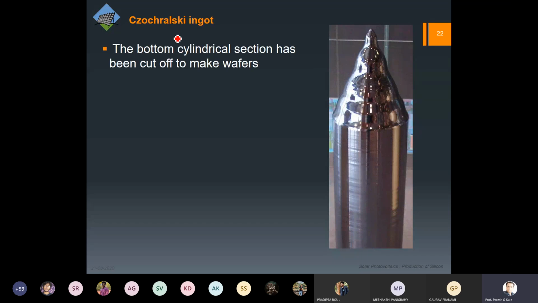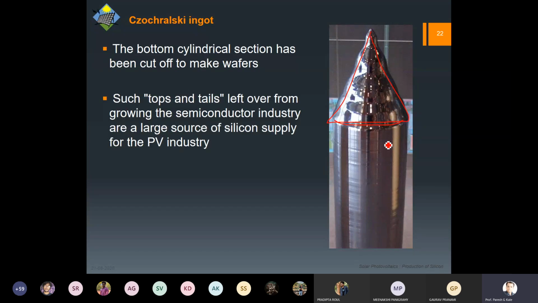Of course you can understand that the top section is in a triangle shape. Similarly, at the bottom, these parts are not used, so you have to cut them. That is the wastage. These tops and tails, as we call them, are wasted. But understand that it is still electronic grade, right? So you can use it